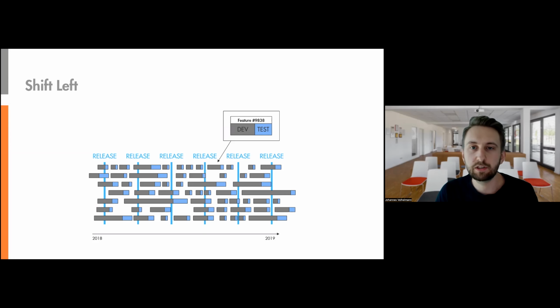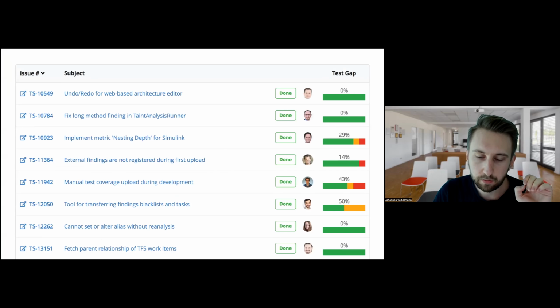And then on each feature branch, we have some automated continuous integration pipelines running that have to succeed, where the test coverage is also coming from. And this is a challenge for us, or this was a challenge for us, because we had to keep track across multiple different versions of the software and multiple different sources of coverage. But this gave us the idea that we combine the information from the issue trackers, just as in the beginning, and use the information from the issue trackers to only focus on the changes that were done for a single